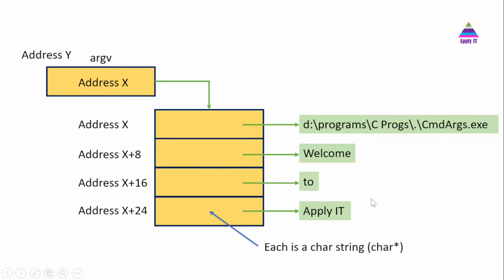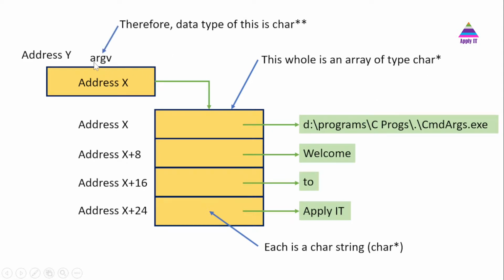So you can see here, each element is a character string, so the data type of that is character pointer. We have many such elements stored in one array. So this whole is an array of type character pointer,